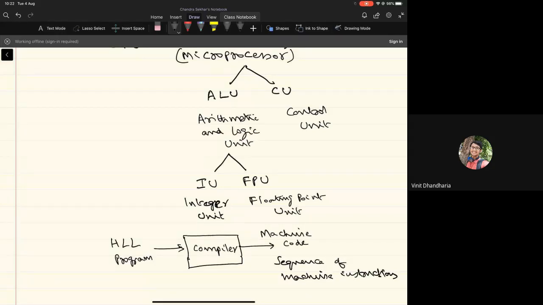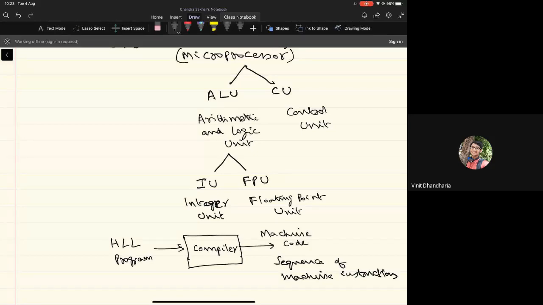So designing the set of machine instructions of a processor is going to be very, very important. Again, we'll be briefly touching upon that in this course, and we'll be studying more about that in the next course. But what we'll be studying in this course is how to design each of these units, like the arithmetic and logic unit, which in turn will have two components, the integer unit and the floating point unit. And we'll briefly also touch upon the design of the control unit for a simple processor, but for a more complex processor, we'll be studying it in the next level course.